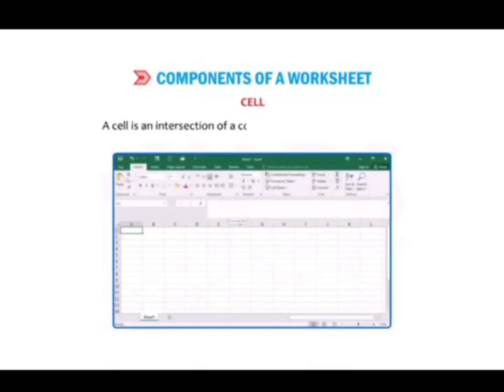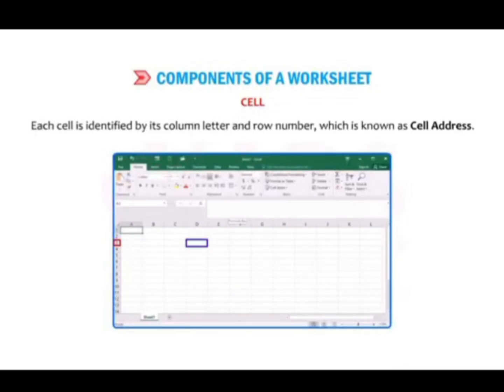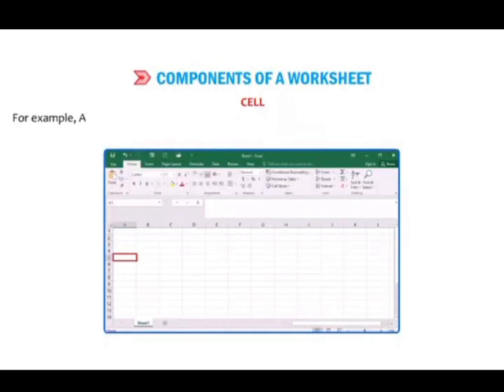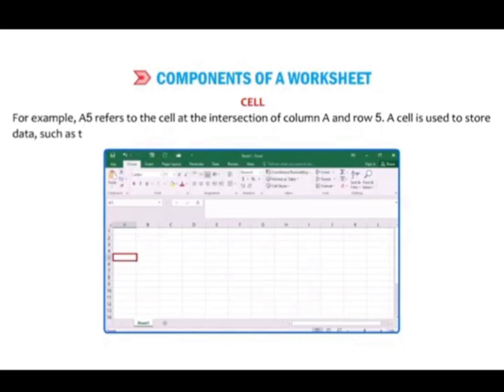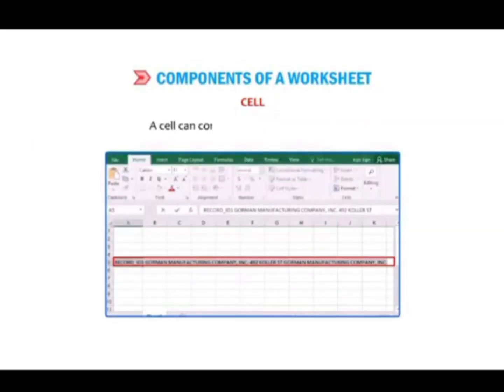Let us learn about various components of a worksheet. Let us explore some key components of a spreadsheet. Cell. A cell is an intersection of a column and a row in a worksheet. Each cell is identified by its column letter and row number, which is known as the cell address. For example, A5 refers to the cell at the intersection of column A and row 5. A cell is used to store data such as text, numbers, formulas, functions, etc. A cell can contain up to